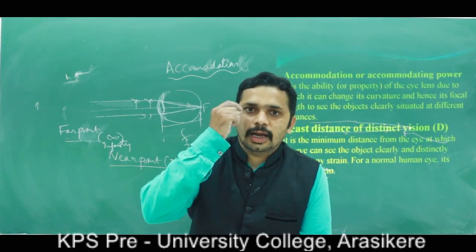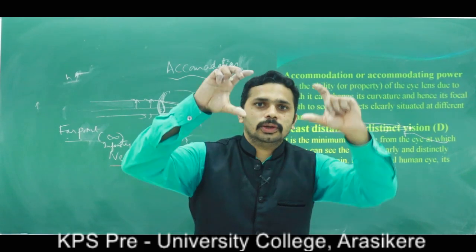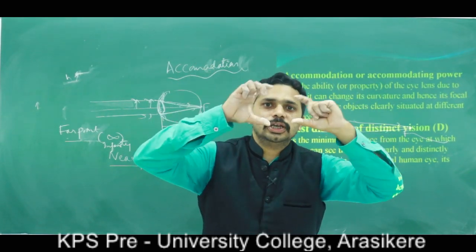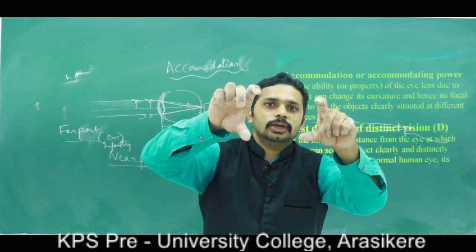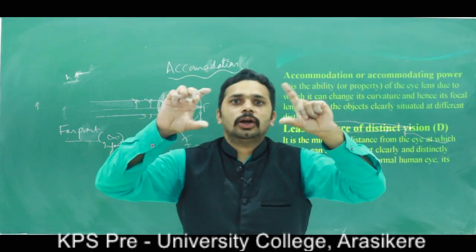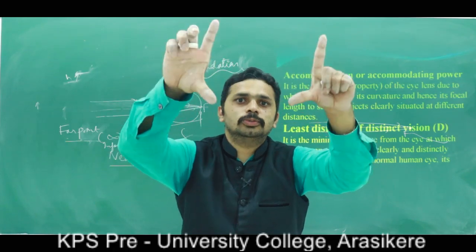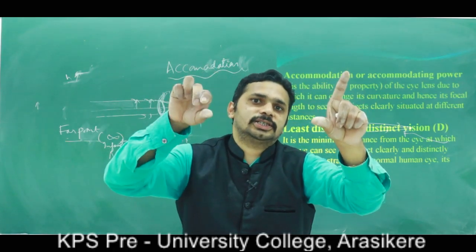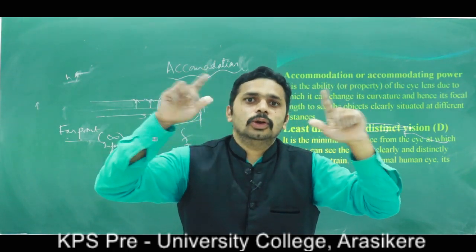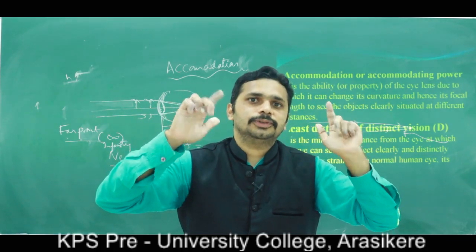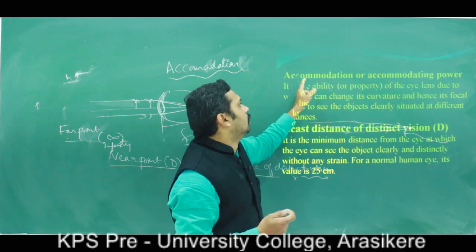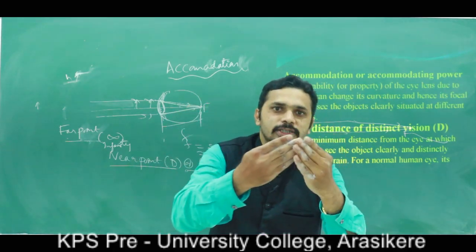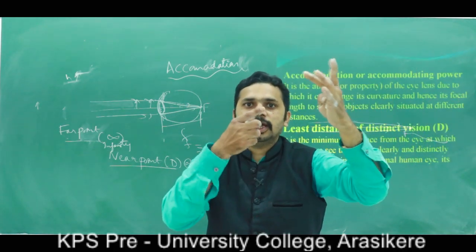Our eye has this automatically. Suppose, note that in a camera, to see the near objects we do it with the help of the camera, and also to see the far objects you have to zoom. That's why you have to adjust in the camera, but our eye is self-adjusting. That's why we got some power. This is called accommodating power or accommodation, to see the near point distance, to see the far point distance.